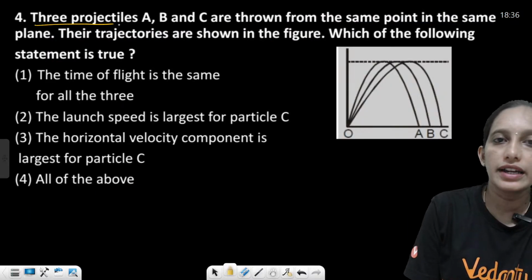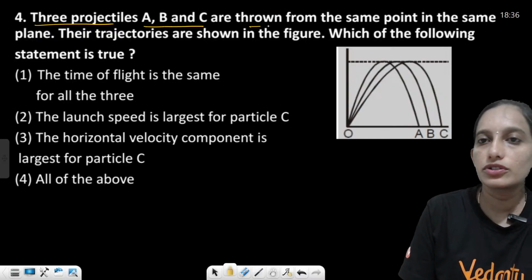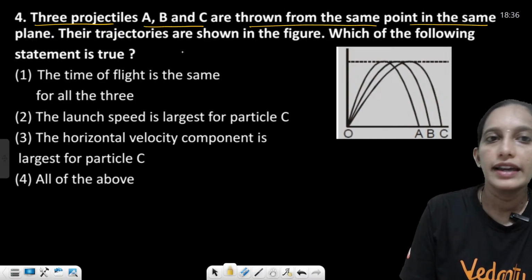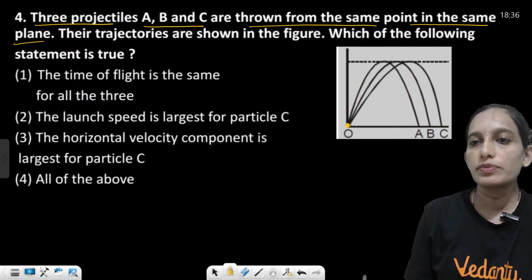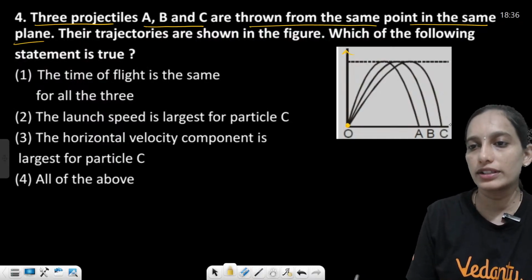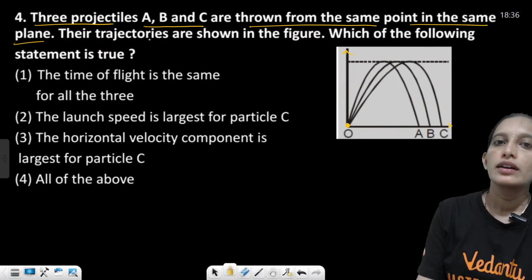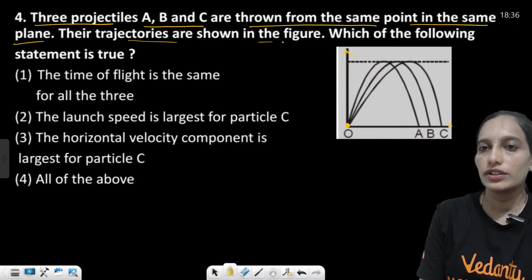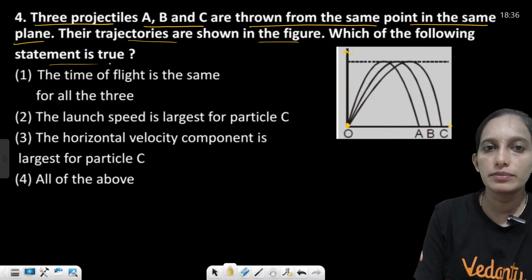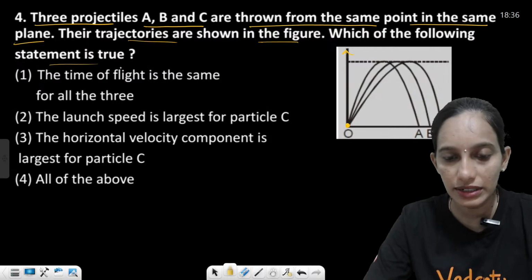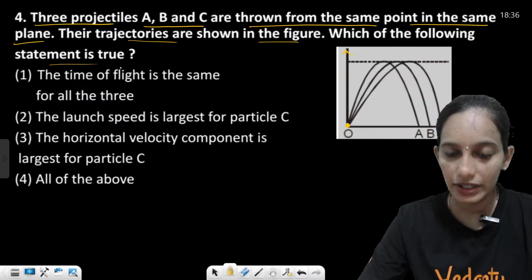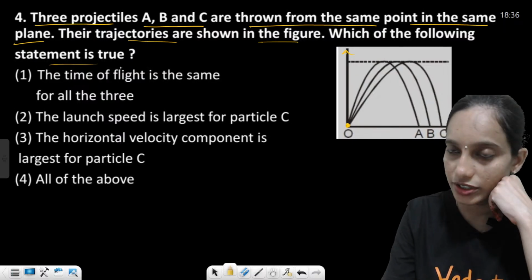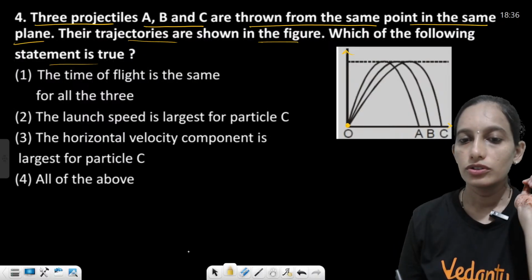Three projectiles A, B and C are thrown from the same point in the same plane. So the point of projection for all three projectiles A, B, C is the same. Their trajectories are shown in the figure. Which of the following statements is true? There are four statements here, and we have to identify which is correct. Okay, so it's one interesting question. So if we observe here,